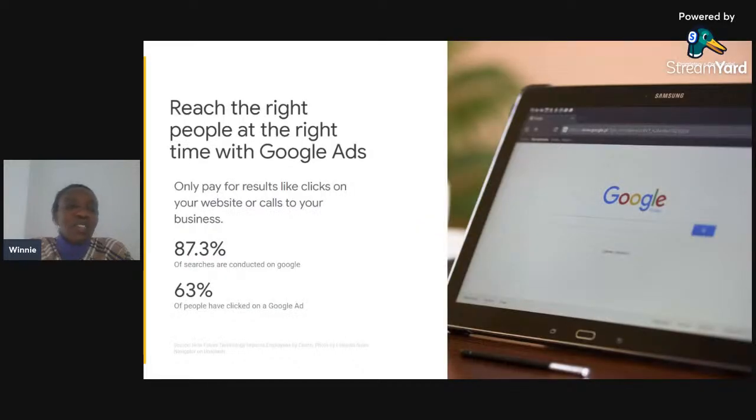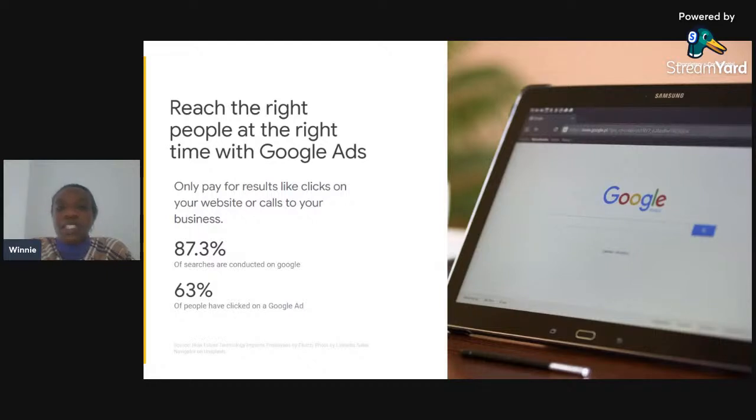So that's a bit on the types, now let's look at statistics. Why is it important for us to reach the right people? My focus here is, for example, Google Ads. This is where somebody is looking for something, or where to go, or what to buy, and then an advertisement appears when the customer searches for businesses like yours. The beauty of Google Ads is you can run them and stop your advertisement at any time as you wish. You can run for 1 week, and if you want to take a break, you can take a break and then continue later.